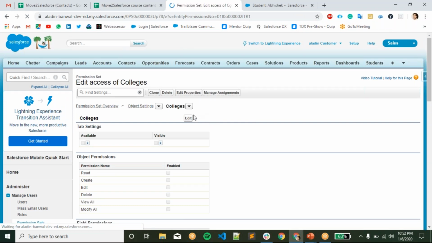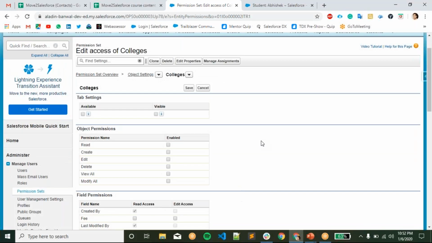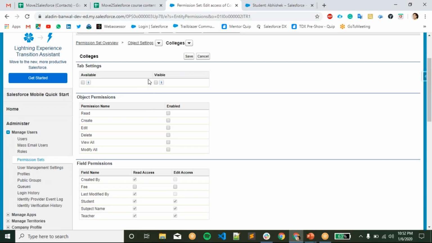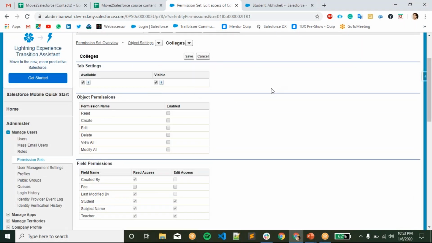So we are in the college object right now. Click on edit and you will be able to see all the access you can give to that particular object. The tab setting you can also maintain from here. Do you want this tab to be available and visible? Do you want the tab to be visible in the tab section? You can do that from this.